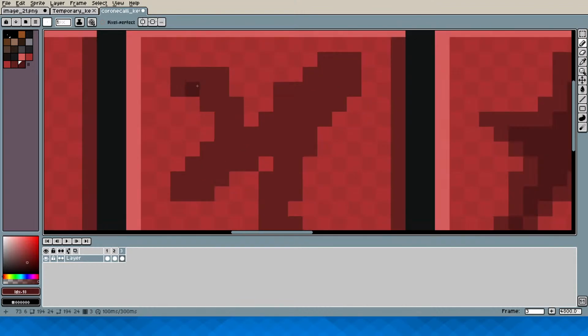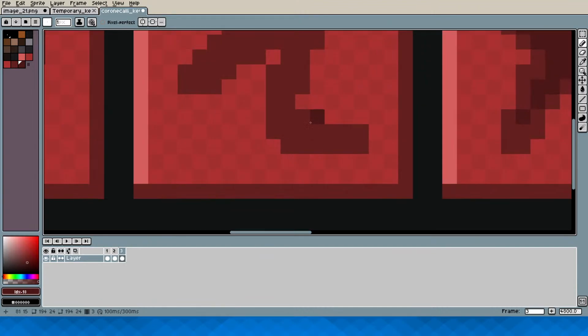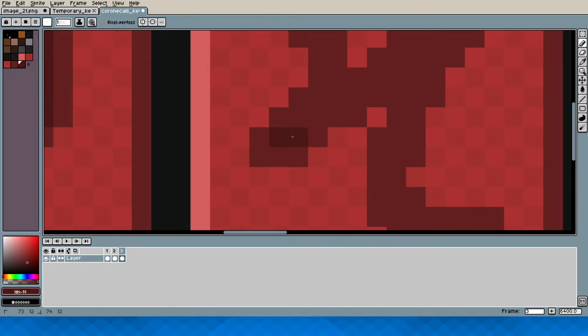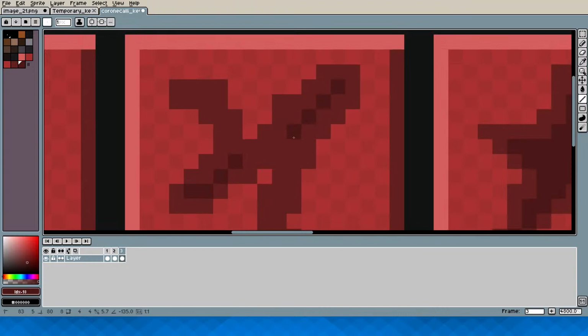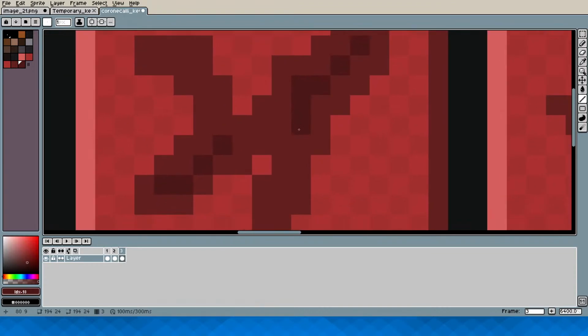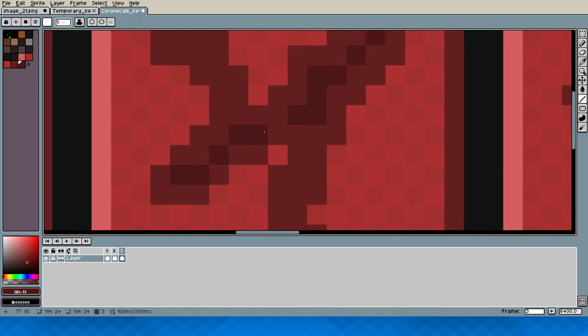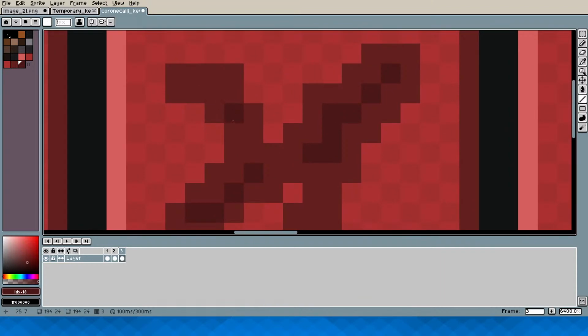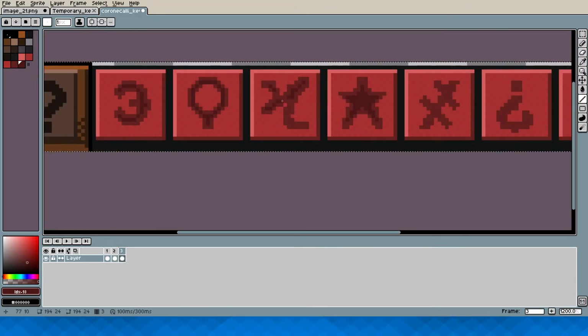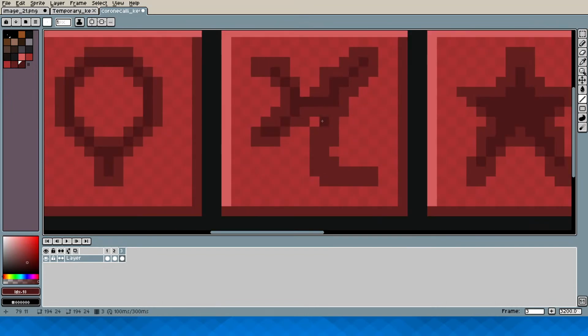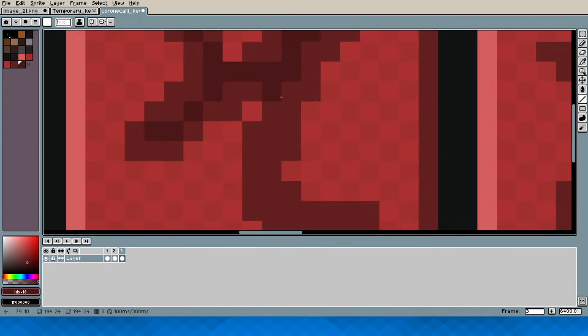Time to move on to this complicated symbol. Let's see. I thought I was using the line tool. I think I can just fill the sprite like this. This should probably connect. Yeah, that looks better. Alright.